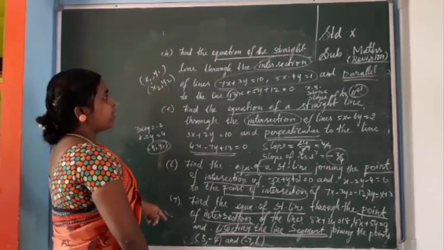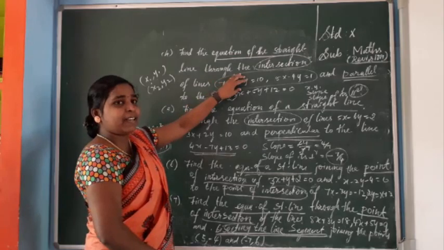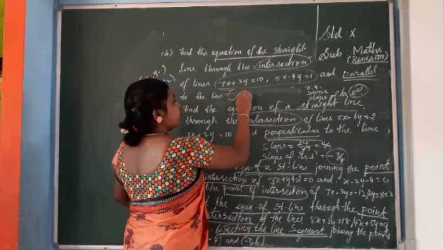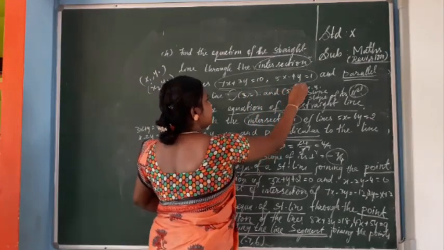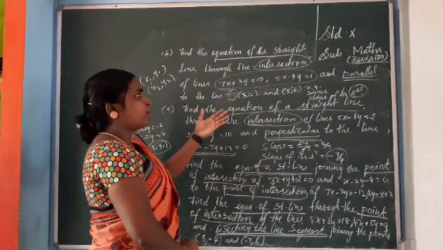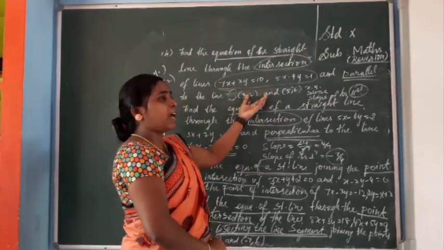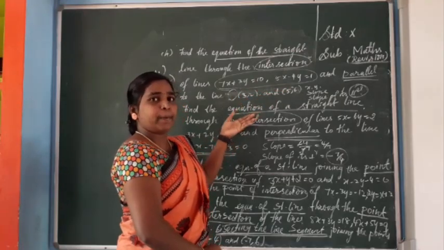Okay, you see the difference in all the problems. This is point of intersection and parallel. Instead of this line, sometimes they will give the points 3, 2 and 5, 6. If they give it like this, you also have to do parallel. Two points given means you know the slope formula, and next the slope of its parallel.